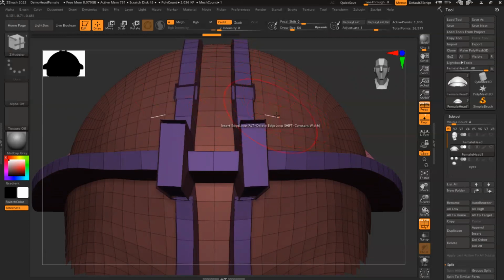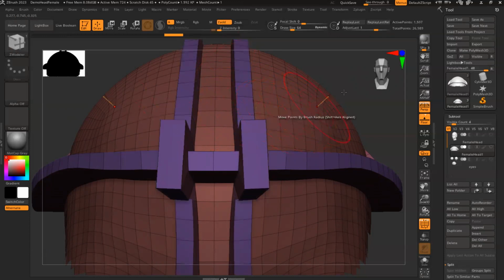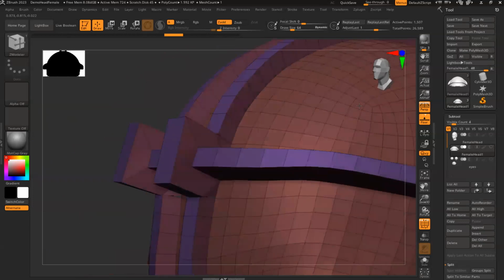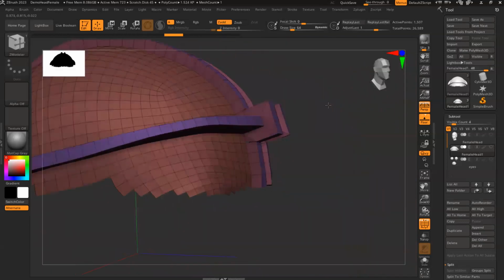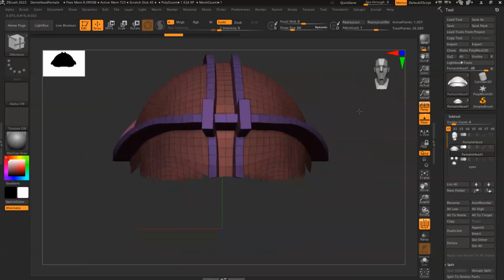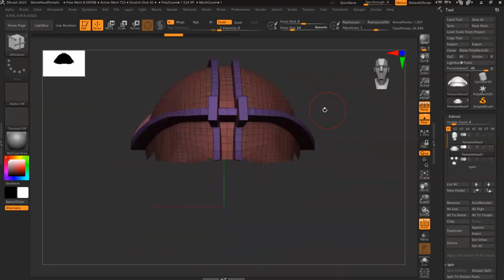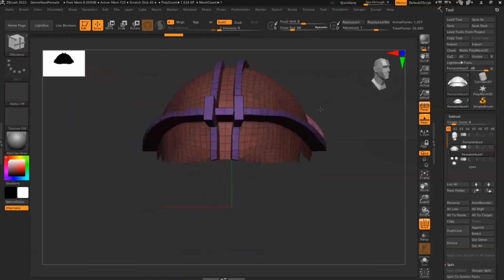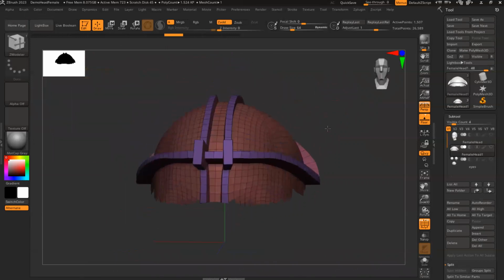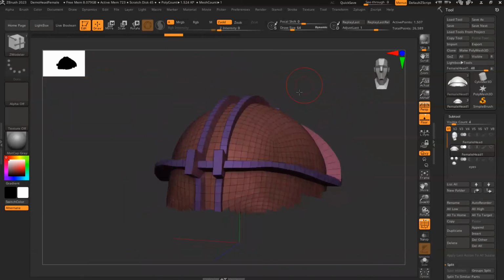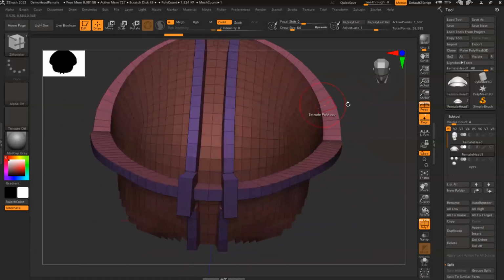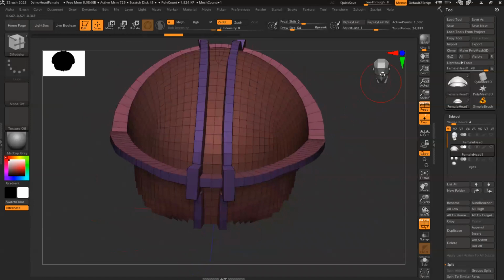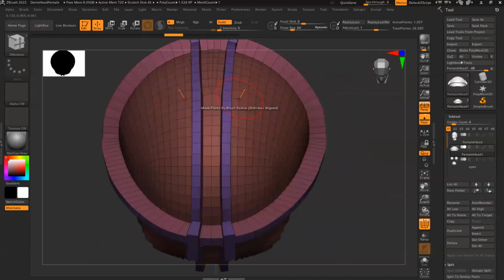Oops. I don't know how that happened. Okay. And now we have this. Okay. Now I'm thinking for this area on top of the head,